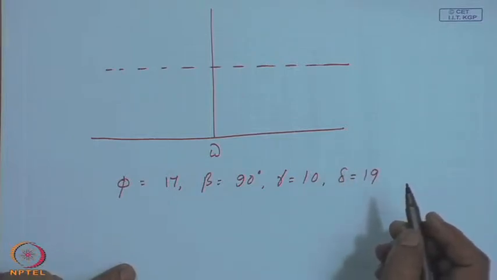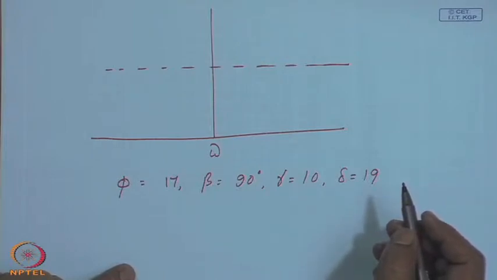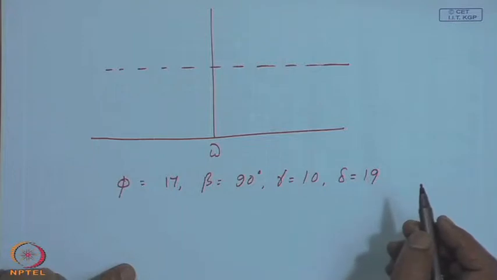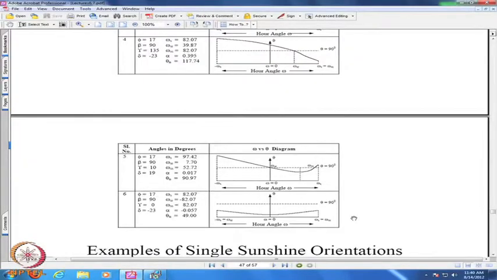So, this is to demonstrate mainly that when your declination is positive, the sunset or apparent sunrise angles for the tilted surface will be within omega S, even if gamma is not equal to 0. That is why low gamma is chosen. If you choose a gamma equal to 40 degrees or so, it might go beyond omega S, right.